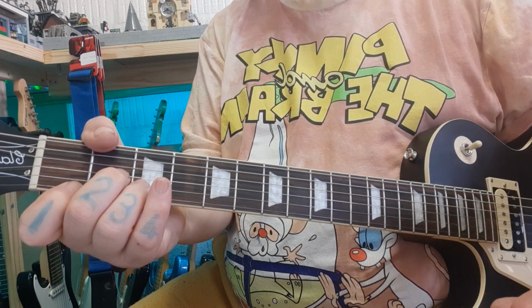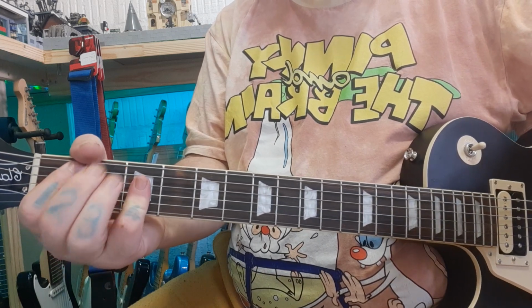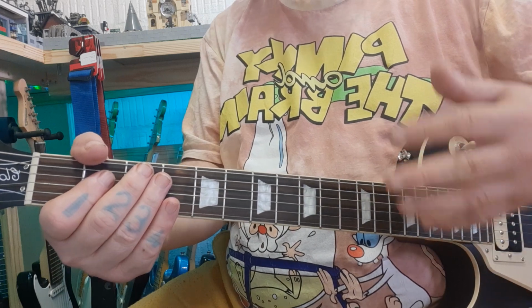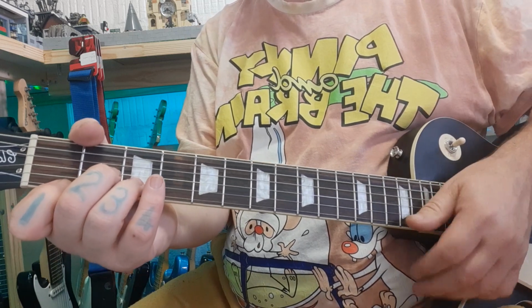And I'm going to play it through one more time. The first time I'm going to use the normal B flat and A that I showed at the beginning. And the second time I'm going to use my sort of variation, which I like. Whichever one works for you is cool, but at least you can hear now that both are going to work. I'm going to count you in if you want to play along. 1, 2, 3, 4, and...